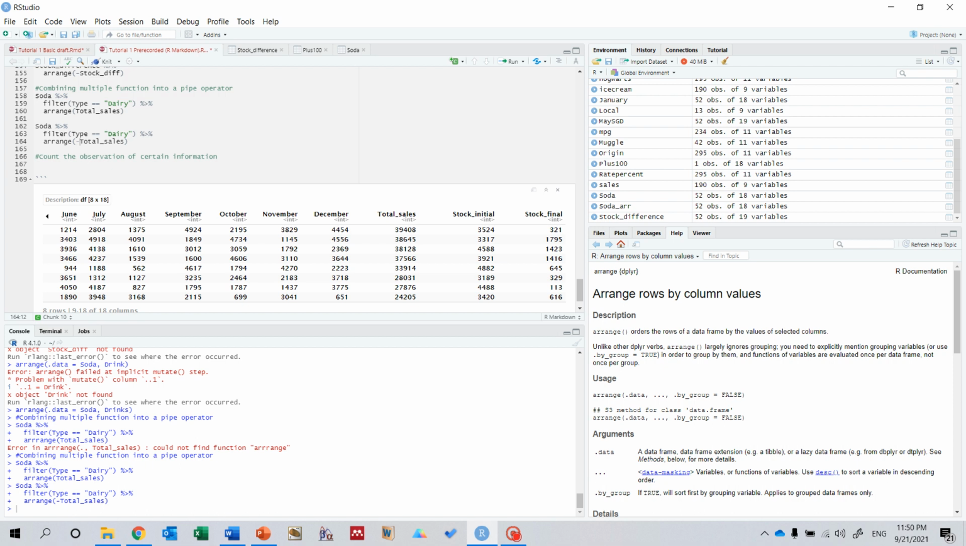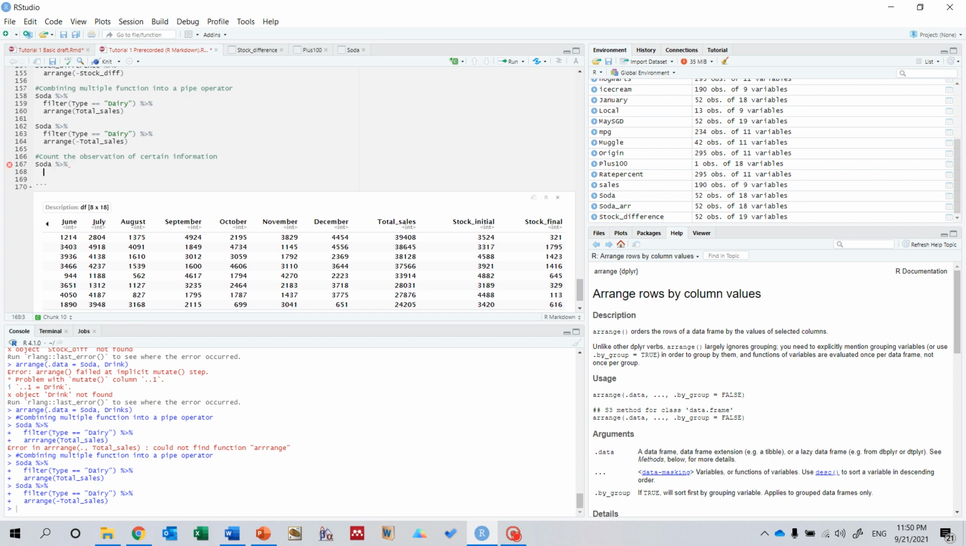Now, how many types of drink are there in a specific type of drink? Like we have a few types of drink, right? So how many types in total? We can use the summarize function combined with count or observation to have a summary of everything. So again, we go to soda and then the pipe operator, and because we want a summary, we need the group by function. So we group by,